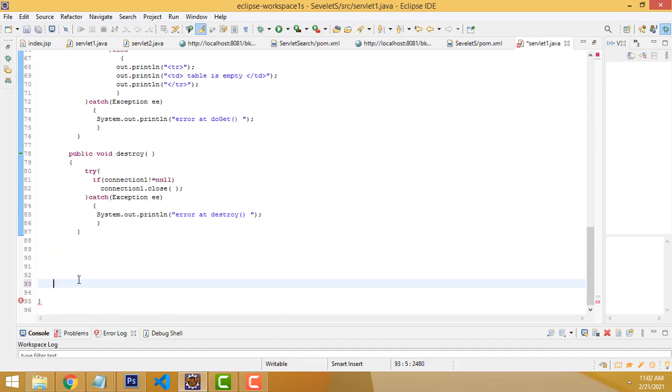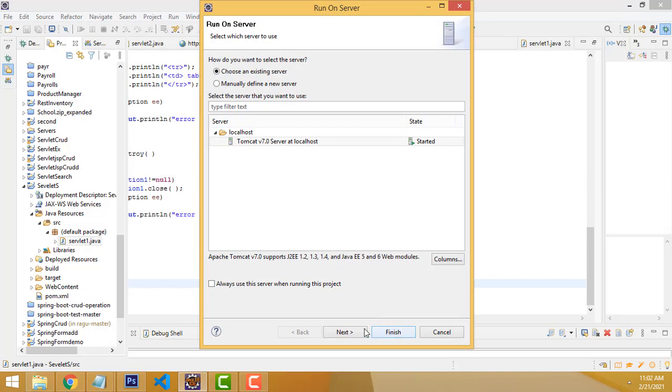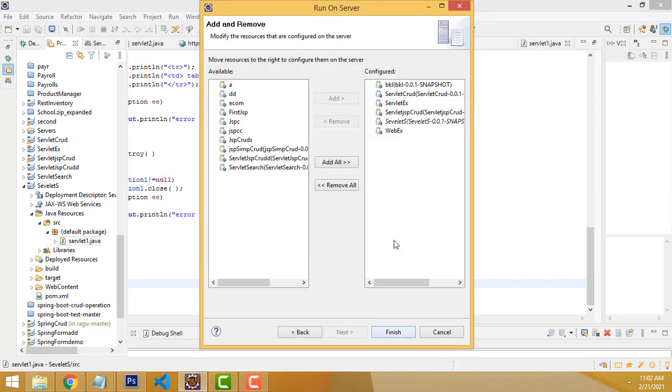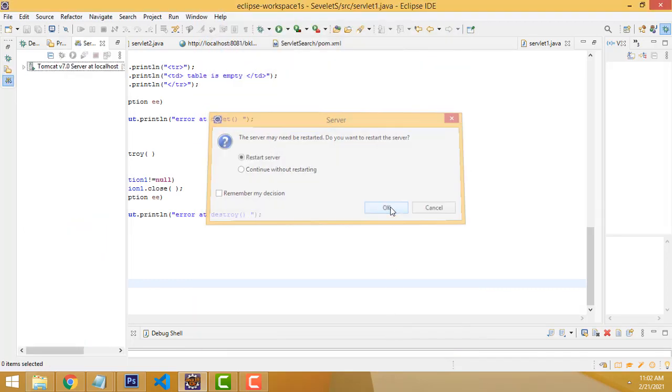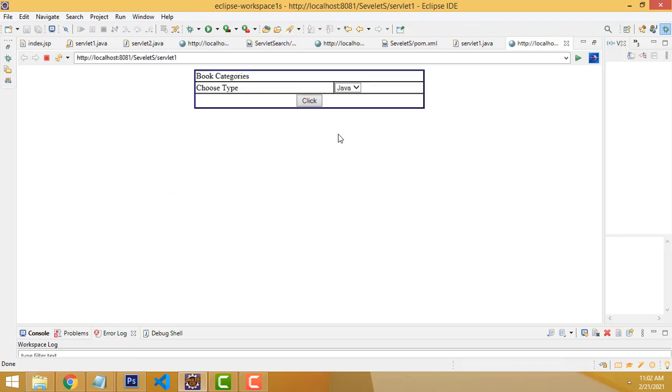Right, the problem is here. Save all. Right click, Run, Next. Here we have to select this one. Finish. Restart the server. It's working perfectly well.